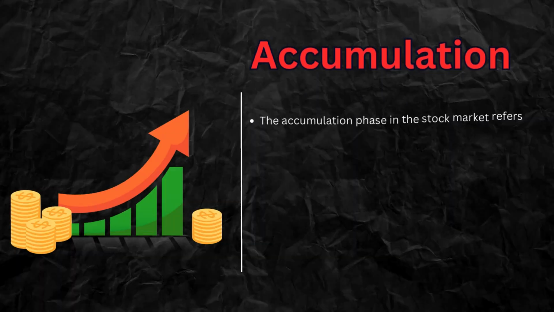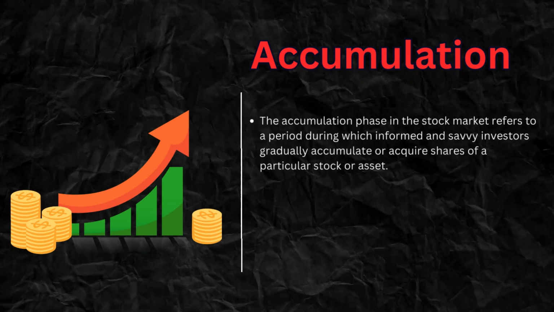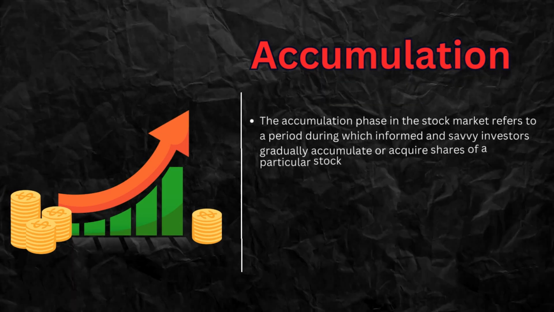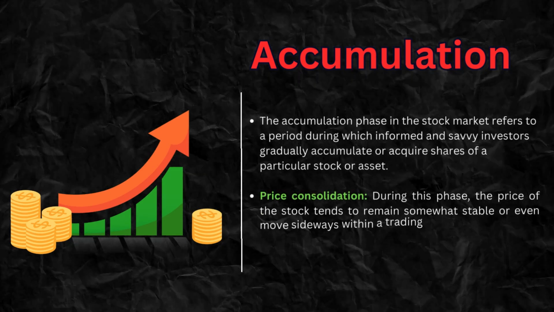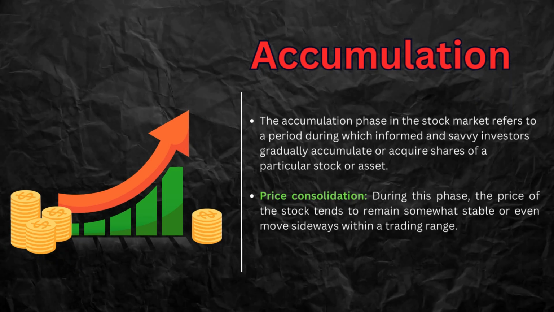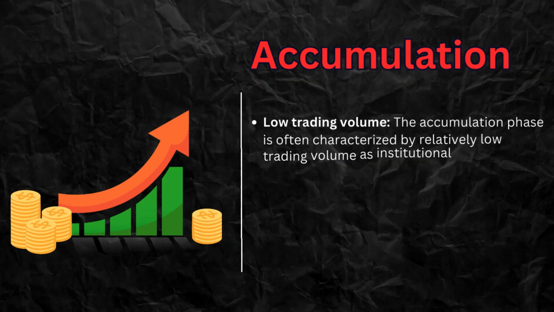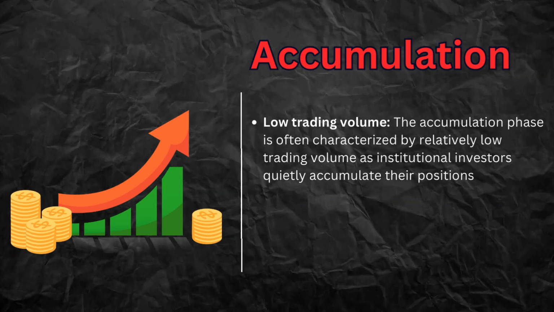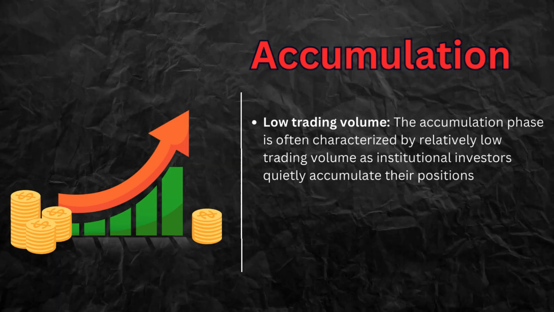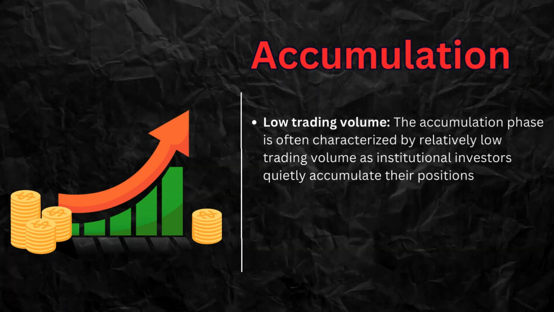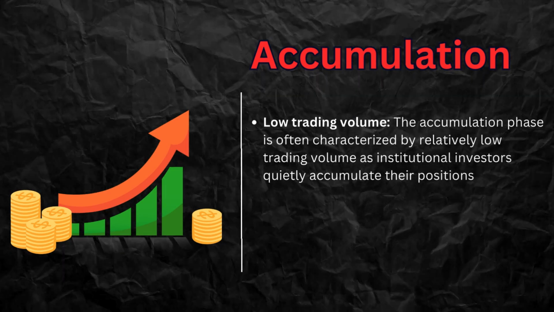You can see this accumulation phase when the market has bottomed out. After a huge downtrend, you can see this accumulation phase. In this phase, the stocks are usually sideways or range bound. And this is the phase where the value investors or the value buyers kick in. The accumulation phase is often characterized by a relatively low trading volume as institutional investors quietly accumulate their positions. This is because they want to avoid driving up the prices of the stock too quickly and alerting other investors